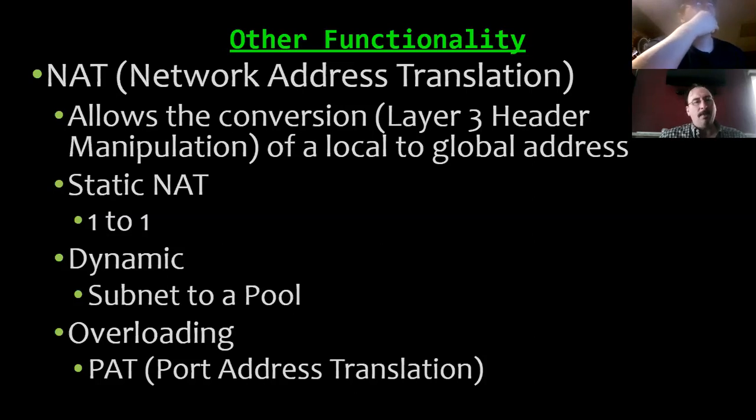So let me give you an exact scenario. If we have private addressing throughout our network, okay, and we have a server that we want people to get access to from the outside world, we would ironically need a static NAT, right? Because we would need a global IP for the people in the outside world to be able to get to our web server. Okay, now it's counterintuitive for a lot of home network folks because